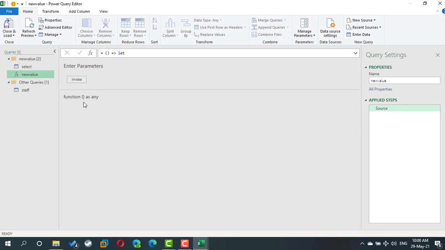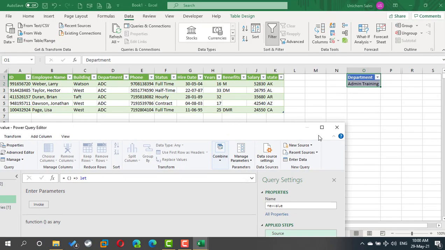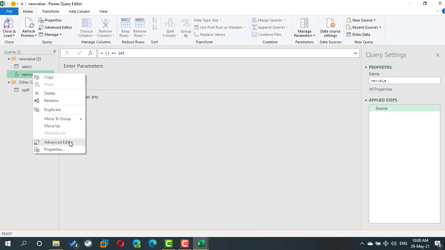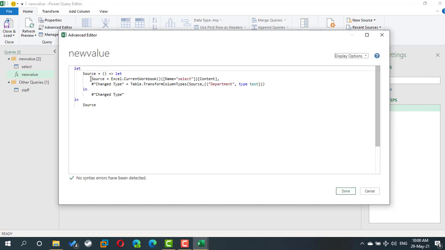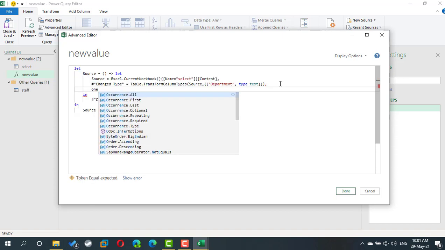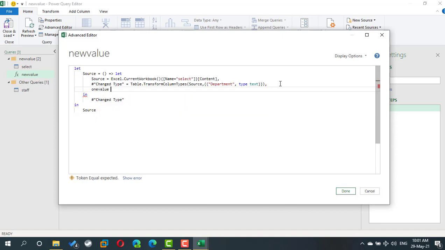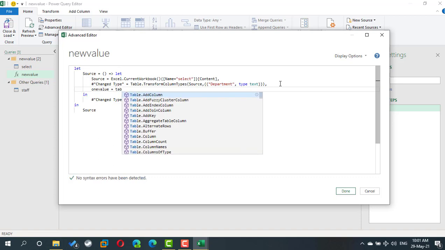This function returns a whole table, but I need only one piece of information. I need only the value from the first cell. I need only the admin training value. So I will go to the advanced editor. Right now, this function takes all information from the table. I will add a comma to add a new line. We only need one value, and this value is Table.FirstValue